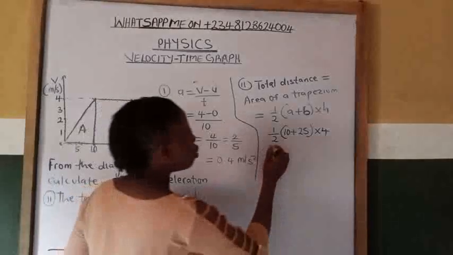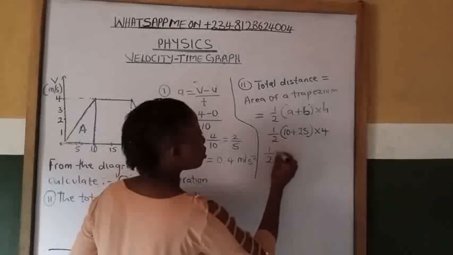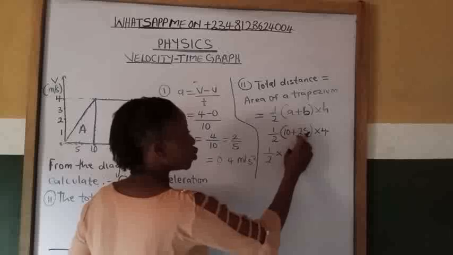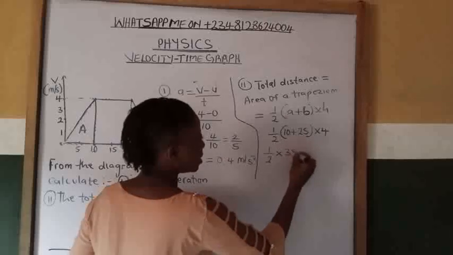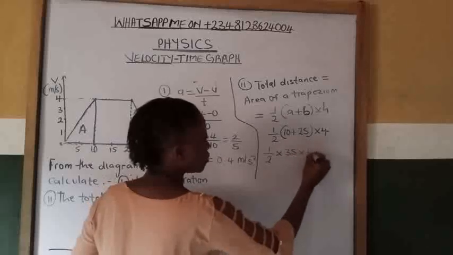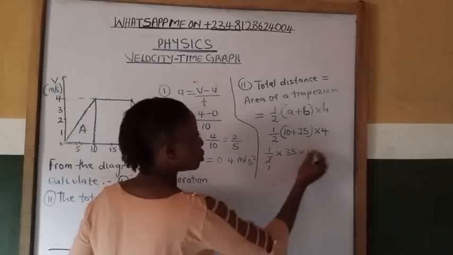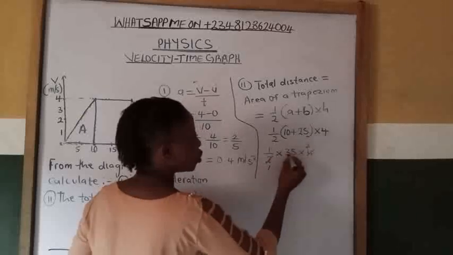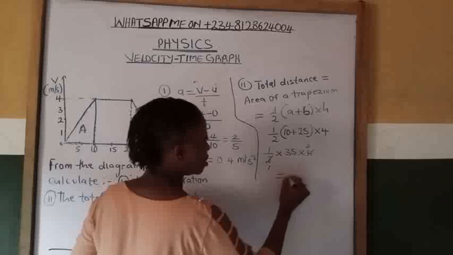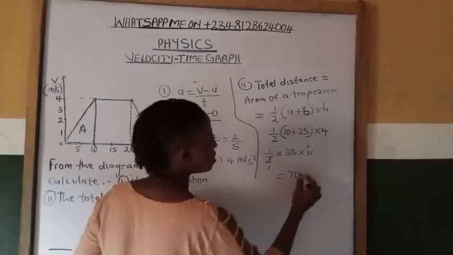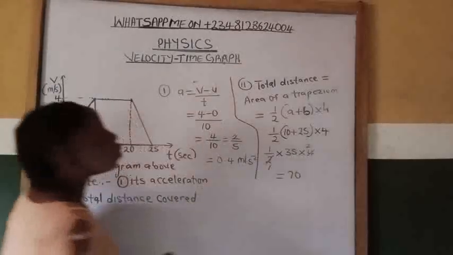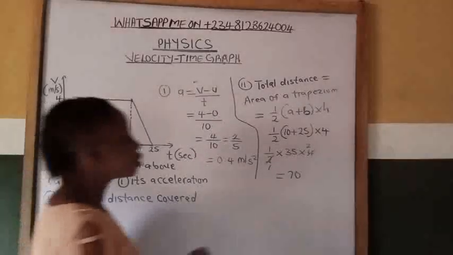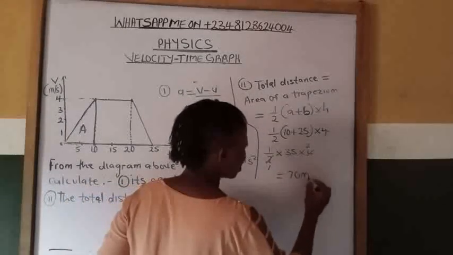So 1/2 times 10 plus 25 will give us 35, then times 4. So 2 here 1, 2 here 2. So 35 times 2 will give me 70. So 70 what? We are looking for the total distance, so distance in meters. So the total